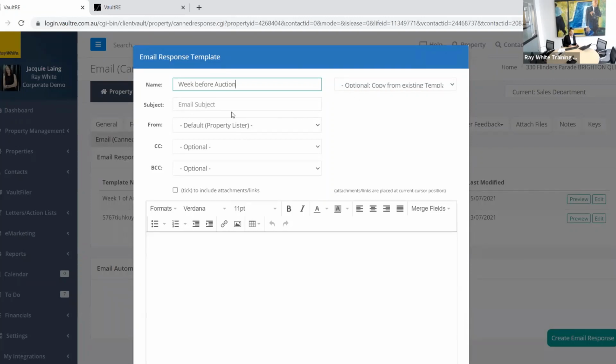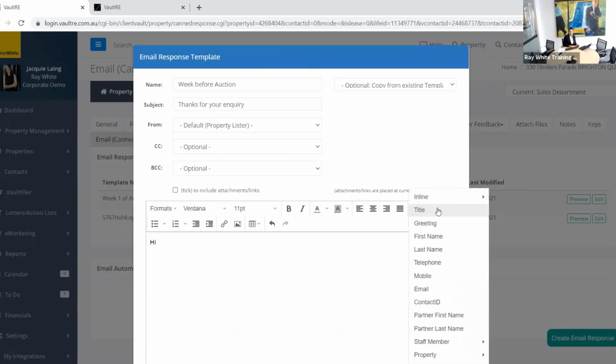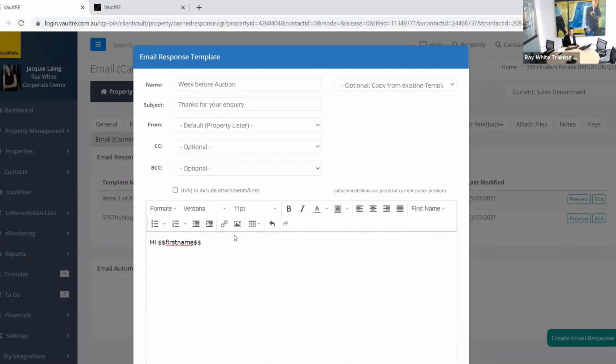I don't have any template potentially set up for this, so I'm just going to quickly make one up. I'm just going to show you how easy it is to create these. So I'm just going to go, hi, first name,